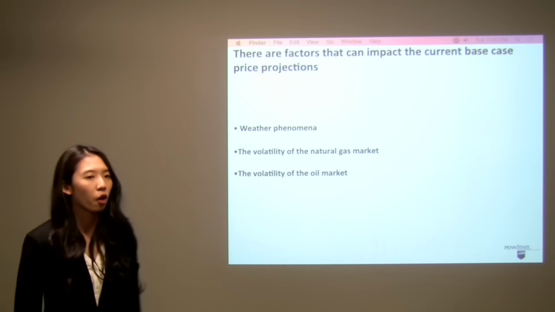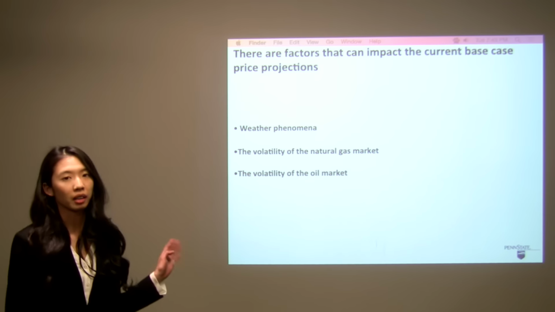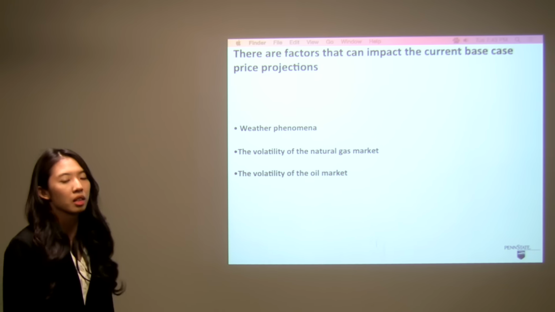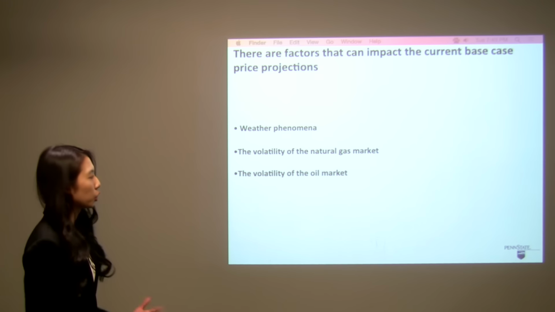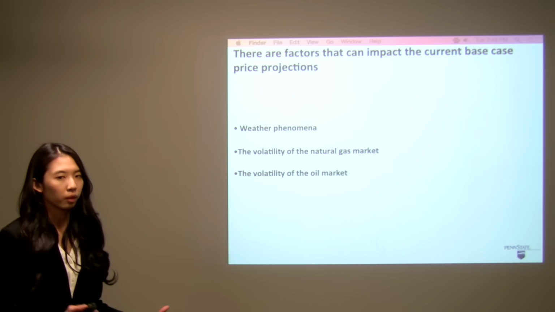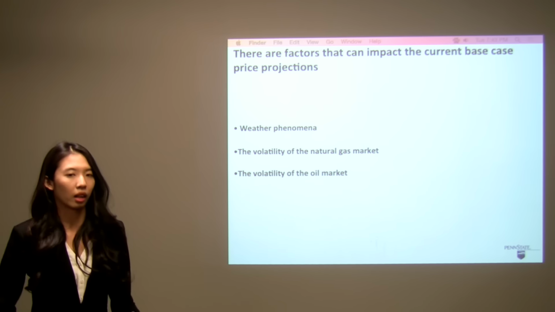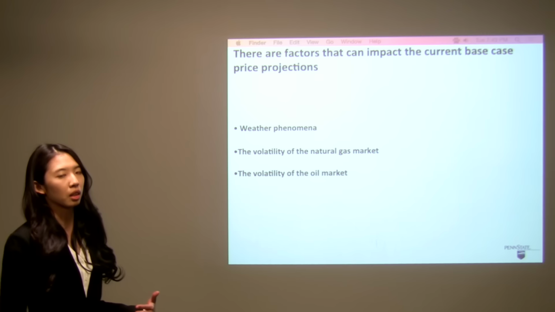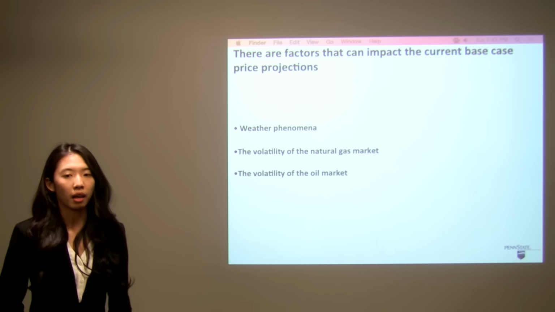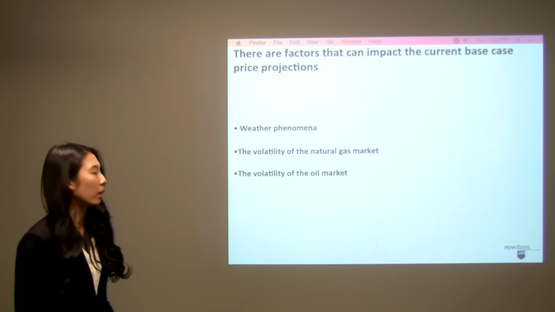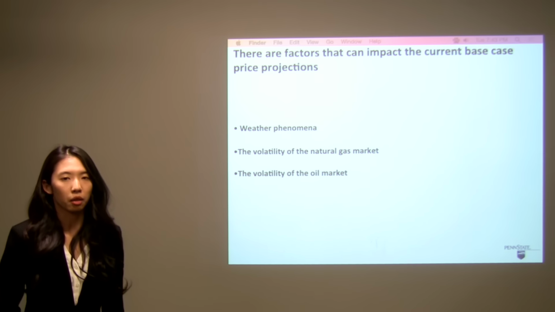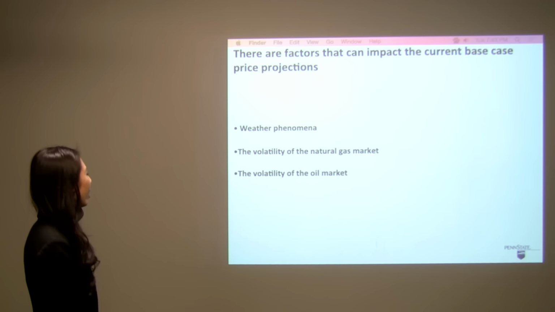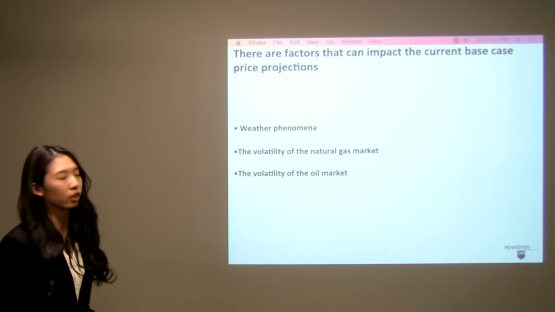Thank you, Zach. So here are the 3 most important factors that will impact our base case price projection. First of all, weather. Since our raw material is sugarcane, the weather will impact the supply of sugarcane, and the raw material price will go up as the weather goes bad. Also, the ethanol supply is also depending on the weather, since most of the ethanol is derived from corn. And the second factor is the